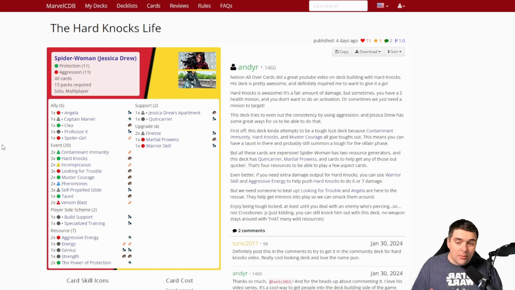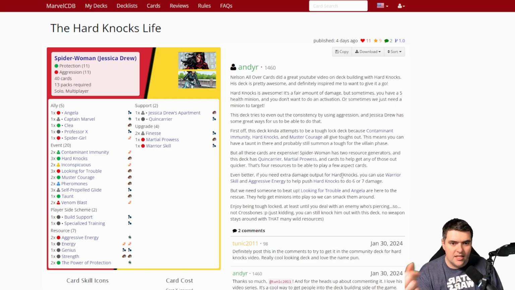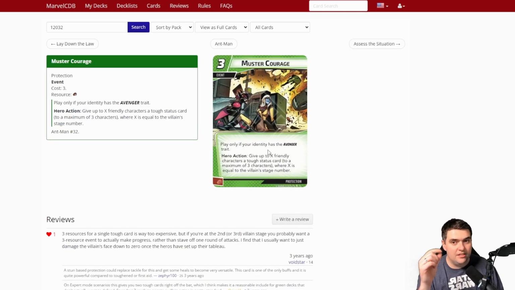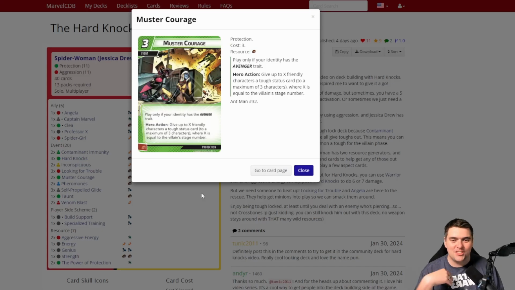so that we can get that tough status card. We've got a couple other ways that we can get toughs in this deck, and they talk about this is looking to tough lock because of Contaminant Immunity, which is one of Spider-Woman's cards, which gives her a tough status card, Hard Knocks, and then also Muster Courage, which is a card that I completely kind of forget about. So Muster Courage is play only if you have the Avenger trait. You can give up to X characters a tough status card where X is equal to the villain stage number, so you can spread those